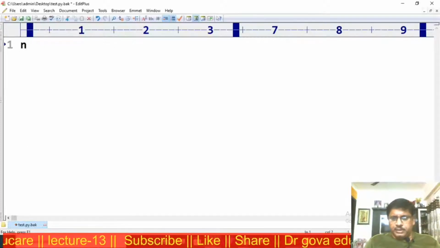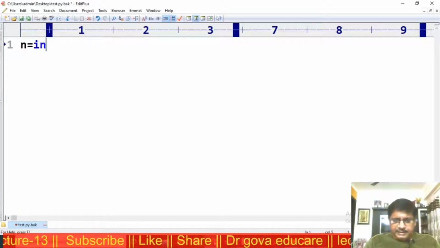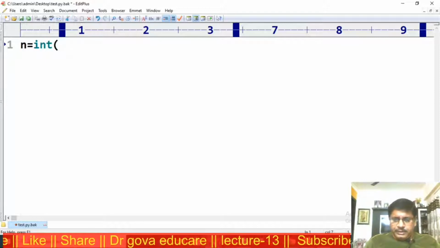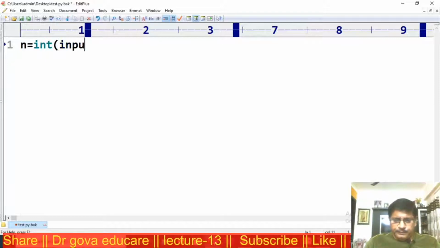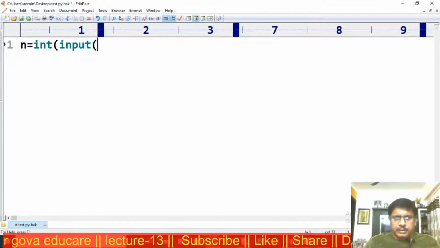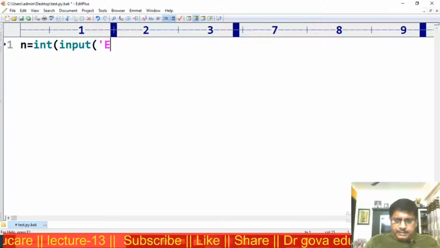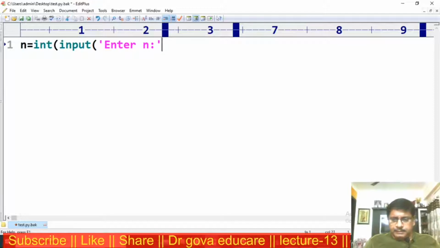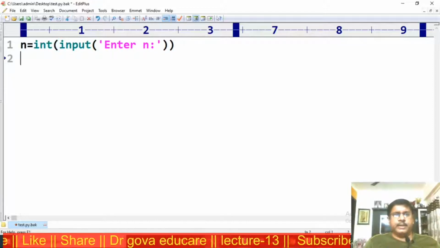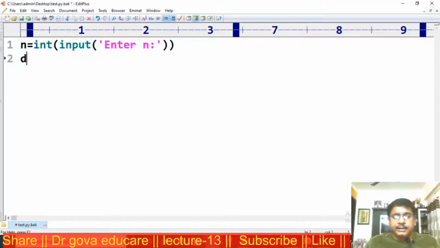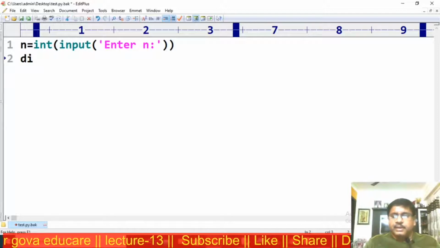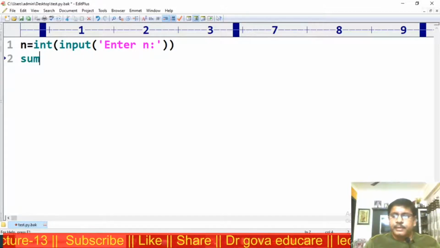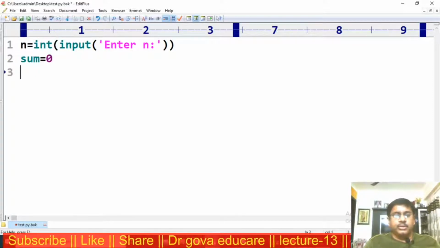Now the input given number n is int data type, int of input, enter n. I want to calculate the digit. Initially the sum is equal to 0.